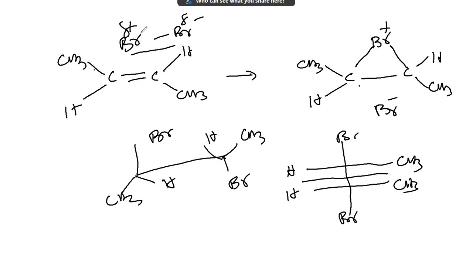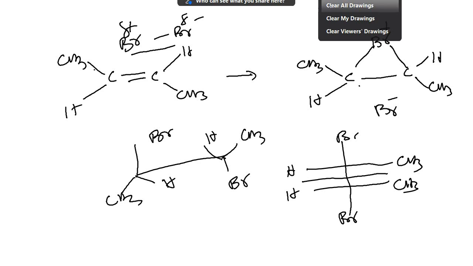But in some cases where no such pi complex formation is possible, it takes place through carbocation intermediate. I will discuss these things also. In such case, we should take the case of an unsymmetrical alkene. Now, suppose,